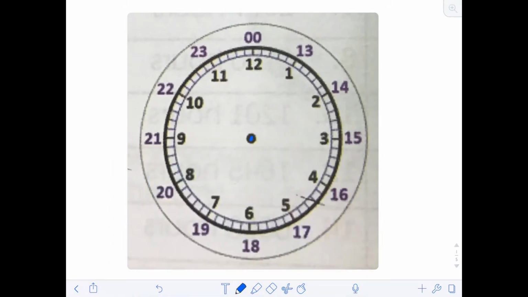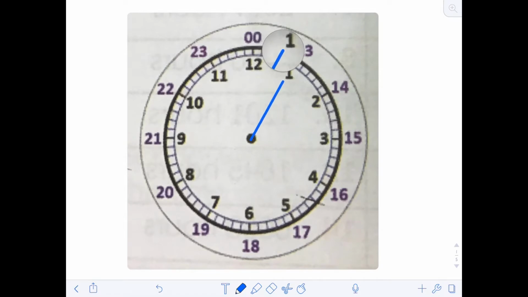At midnight, we know that's 12 AM, then we have 1 AM, 2 AM, 3 AM, all the way up to 11 AM. Then we have 12 PM, 1 PM, 2 PM, all the way up to 11 PM, and then back to 12 AM. However, on the 24-hour clock, we start at midnight and we call this 0100 hours,